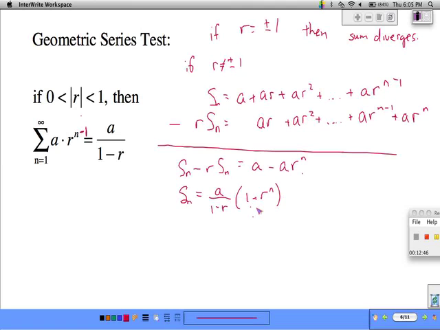And this you might recognize as the formula for any geometric sum for the nth partial sum. But now I want to look at what happens as n gets really, really big. And one thing to note is that as n goes to infinity,